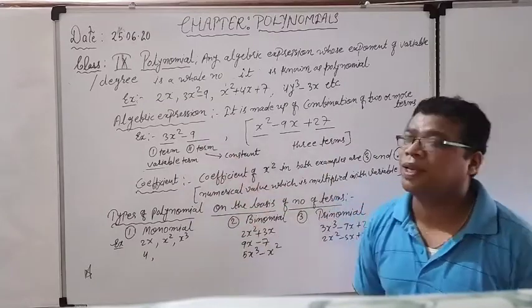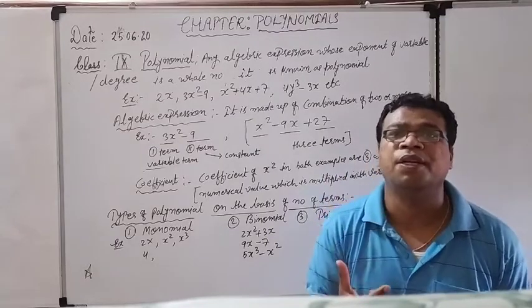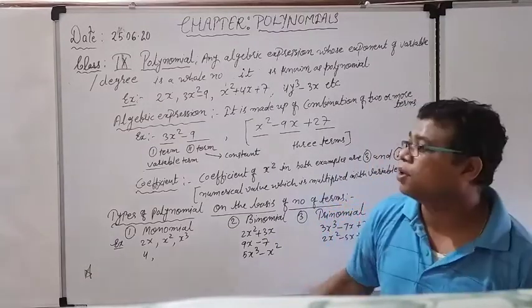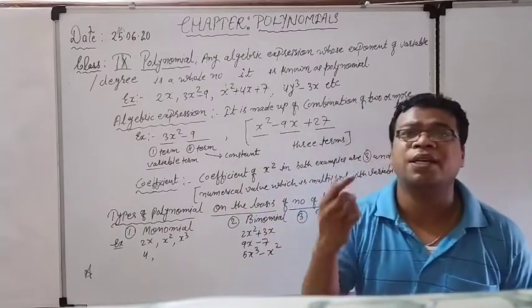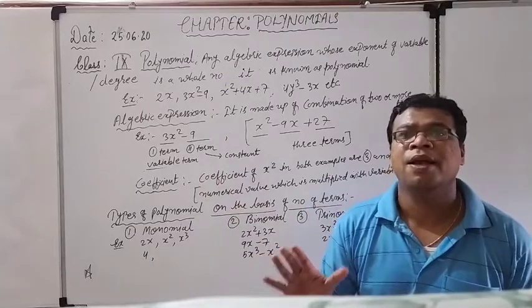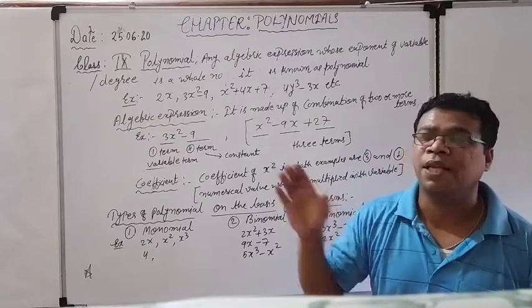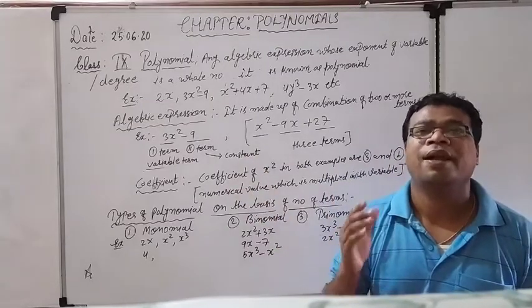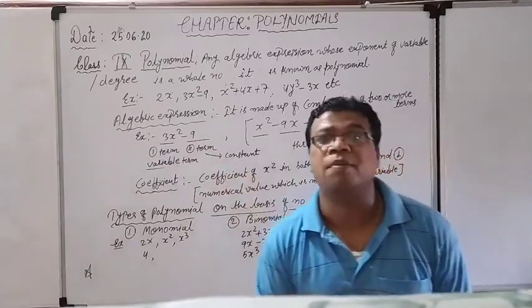Now, what is minus 9? Minus 9 is the second term and it is known as the constant term. Why is it known as a constant term? Because its value is always fixed, because it is a digit. If I say minus 9, its value is only minus 9. We cannot say it is minus 6 or plus 6 or plus 3. Because they consist of digits only, these are fixed values, and that's why they are known as constant terms.